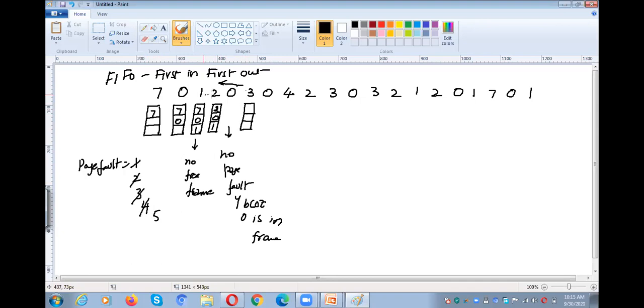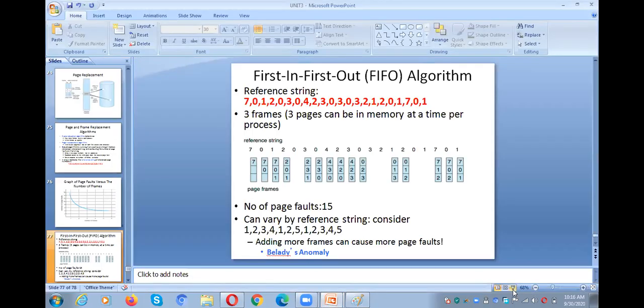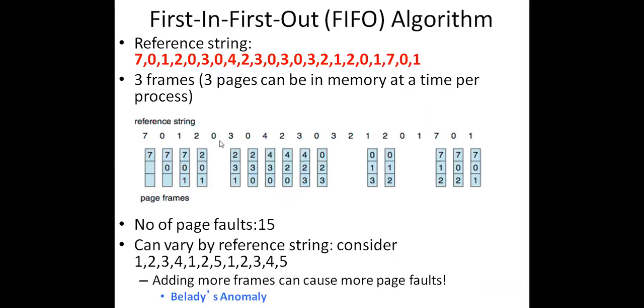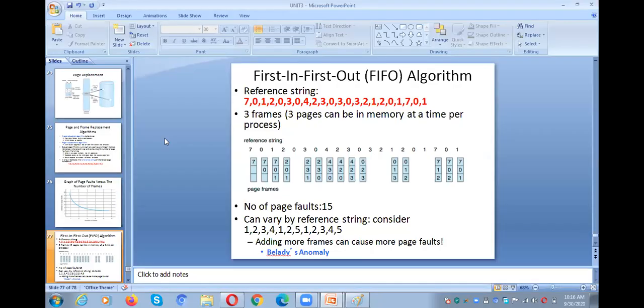0, 2, 1. 0 was just referred, and then 2, and then 1. If you observe here, there is a gap, because 0 is just referred. But we need to consider that 0 came into the main memory long back.